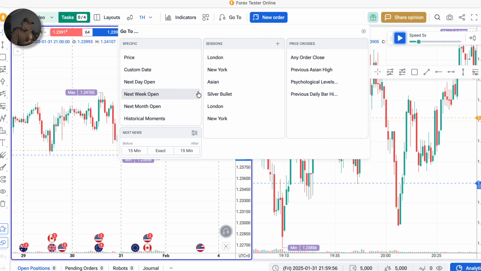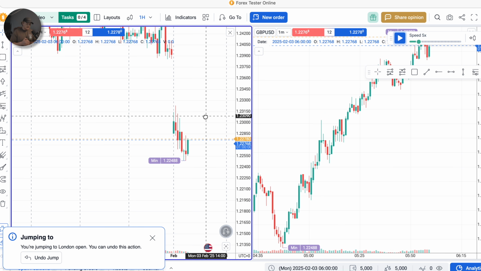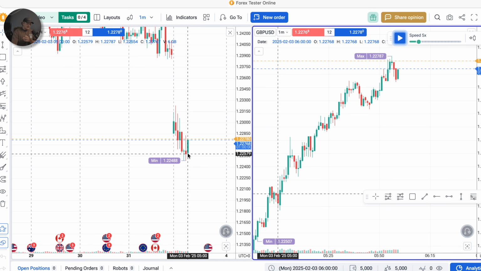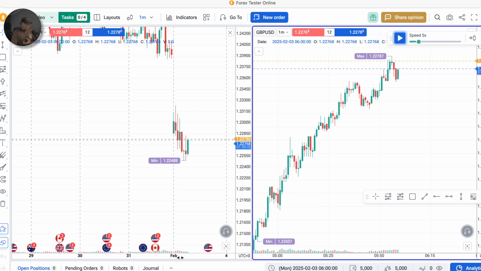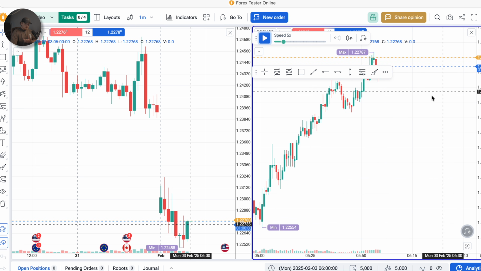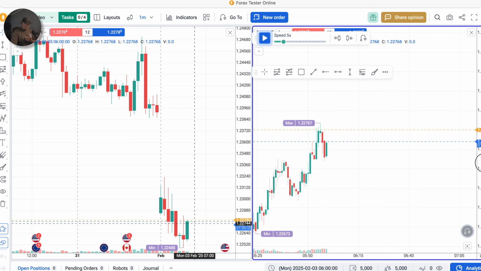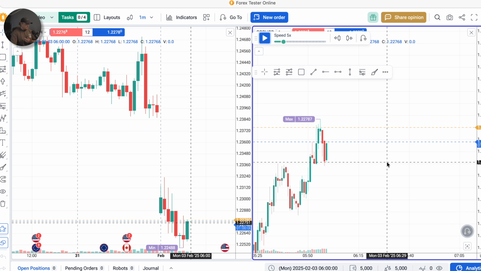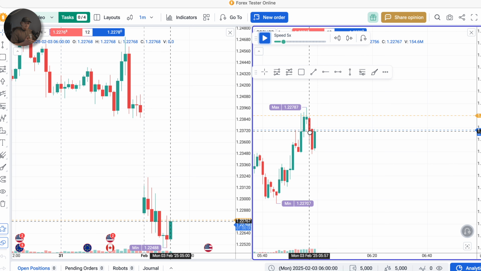So if we skip forward here to my trading session, which for me is 6 a.m. UK time, I have a look at how the previous hourly candle closed. We can see here from 5 till 6, we do have this bullish candle. Because we've got this bullish candle, I am looking on the 1 minute chart for signs that price may continue bullish. Now, even though we are looking to buy, I'm actually looking for price to start showing bearish momentum,